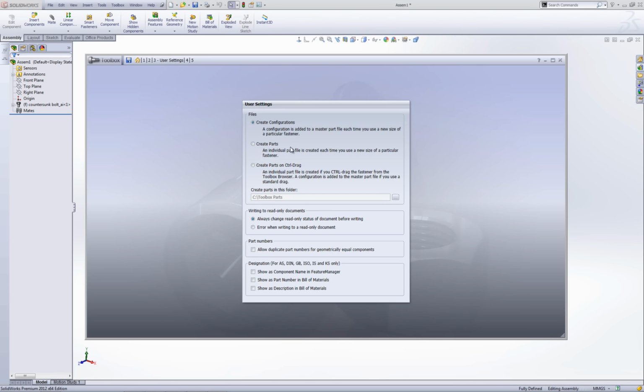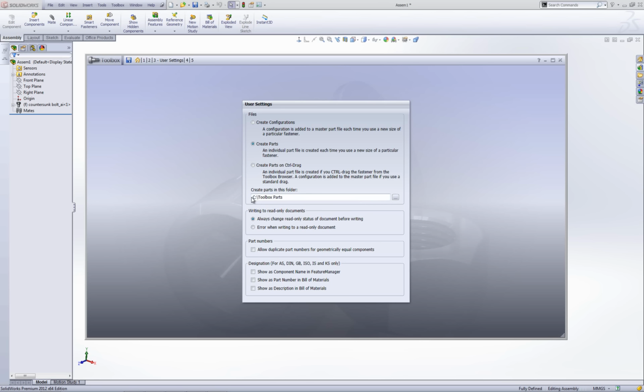If I've got it on create configurations, it will open the toolbox component I'm dragging from, in my toolbox location, which I'll get onto in a second, and it will add an M10 configuration into my toolbox part. If I've got it on create parts, when I drag it in, it will look at the information it needs to create that M10 washer, and it will create a new part